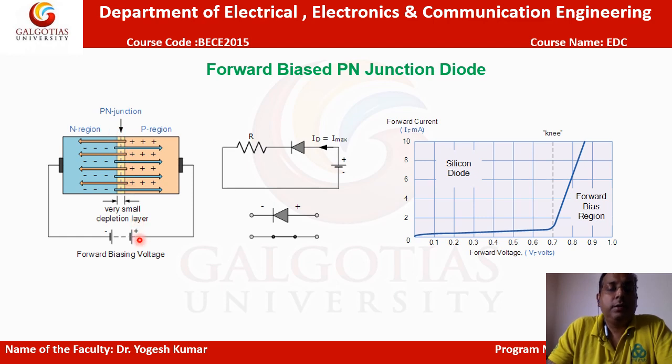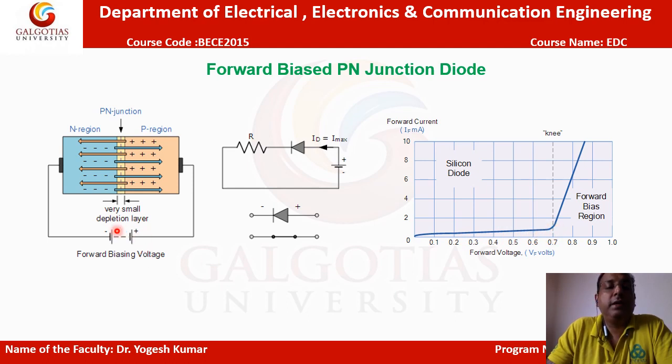So suppose we are applying the voltage starting from 0.1, 0.2, 0.3, 0.4, and so on. Until this applied voltage overcomes the internal voltage, it will not allow the current to flow through it. It will oppose the movement of the charge carriers from N to P and P to N region. Then only we are not getting any amount of current up to that point.